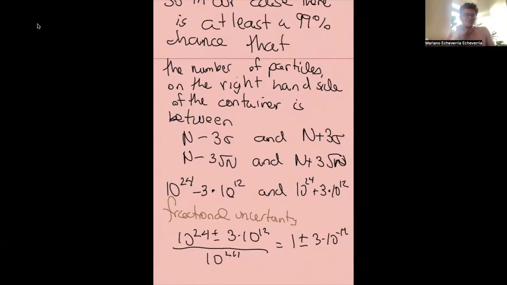Yes, and as an absolute term, well, yeah, 10 to the minus 12 is 0.000000000001 or whatever, it's so small. So I agree that the absolute number may look humongous, to say you have 10 to the 12 particles more on the right side of the container, but that's only because you forget that you're comparing it against 10 to the 24 particles.